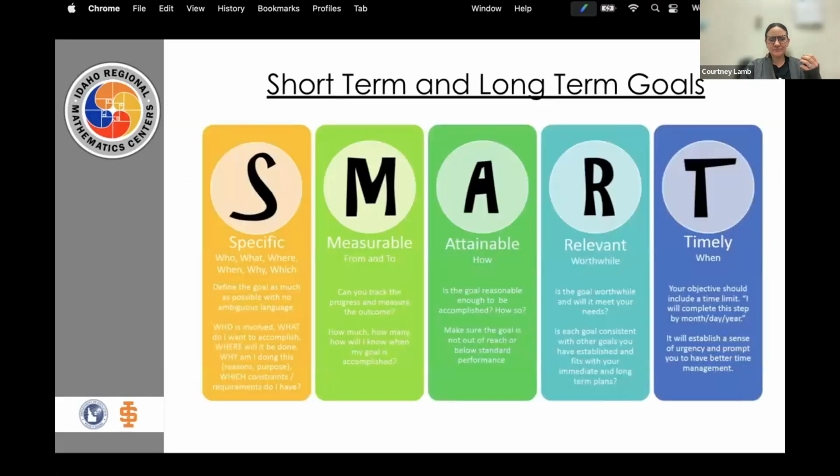And so part of what you're going to do, let me see what my next slide is, we have vision, from that flows mission, and then goals. So you just want to think about what are your goals, and someone had mentioned that earlier. What are your real goals with your math, with your LeaDs project, and what do you want to achieve? One way you can set goals is SMART goals.